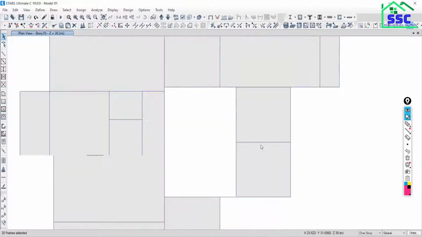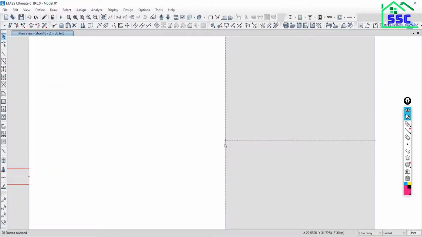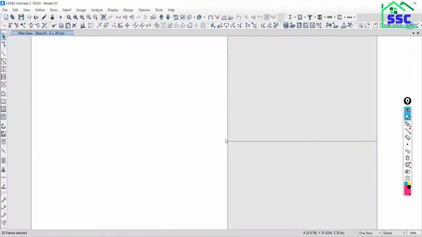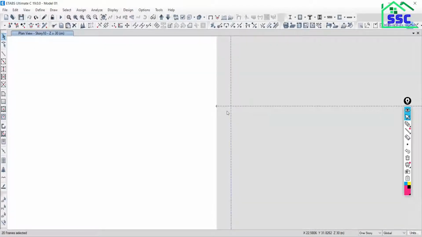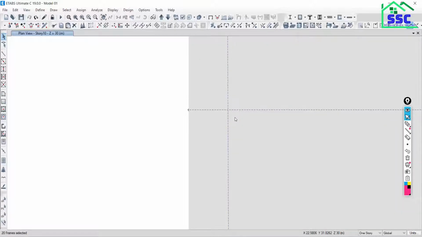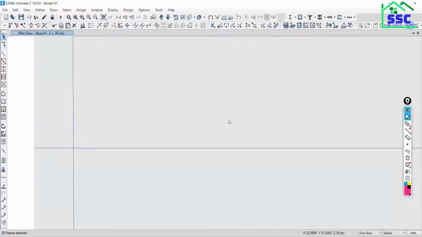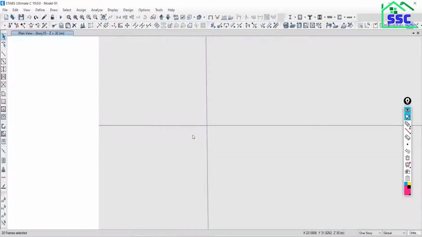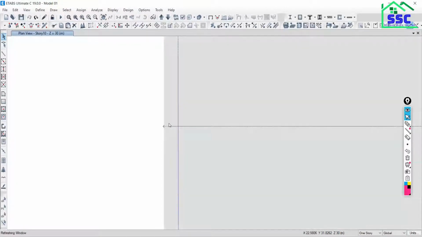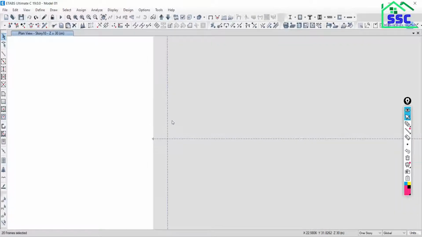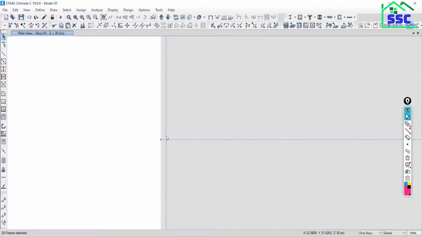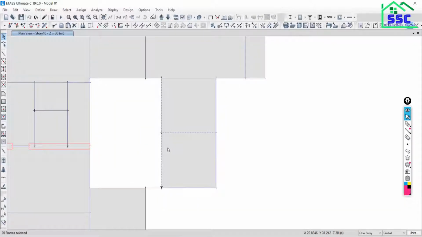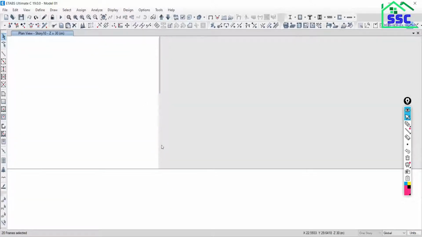So here, these two beams are very close. So where is actually the problem? Just find this error. Are you getting the error? At a very macro level, you have to zoom to a great extent to find this error. Your slab is out of line as well as your beam is out of line. So how to rectify this error? Another thing is, this beam is not connected to the end. That's also another error.